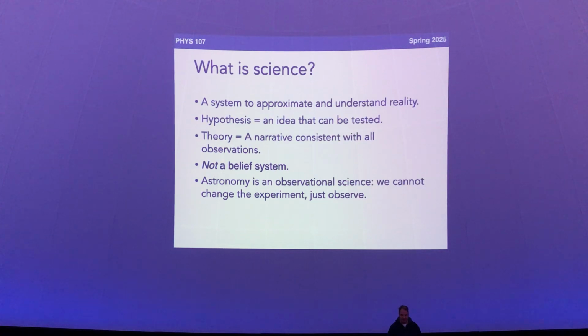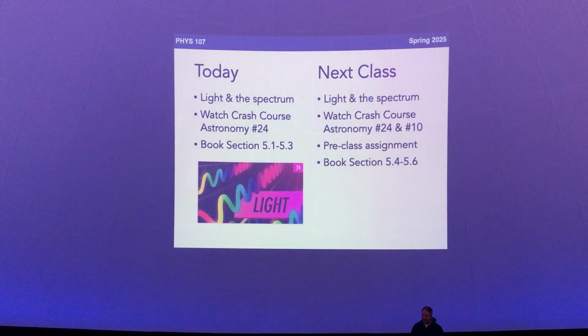Okay, so we talked about what is astronomy, what is science, the fact that I really want to emphasize it's not a belief system. It is really how we find and figure out what the world is like. So a hypothesis is an idea that we can test, and a theory is a narrative that actually has been proven consistent with observation many times. So